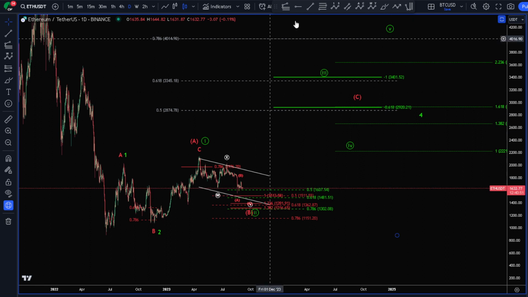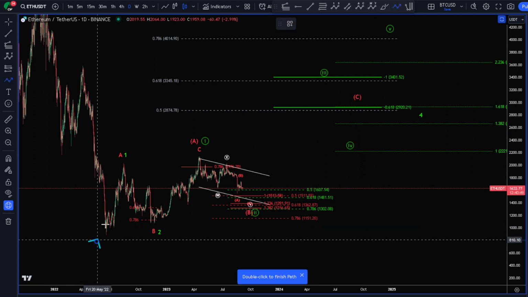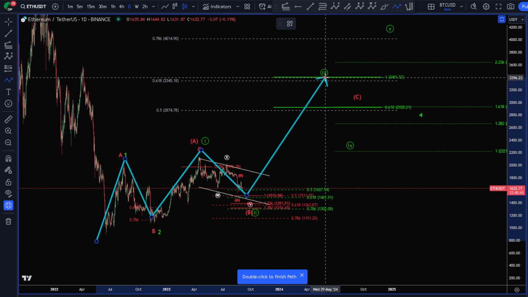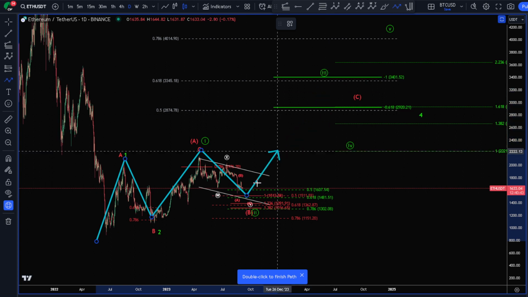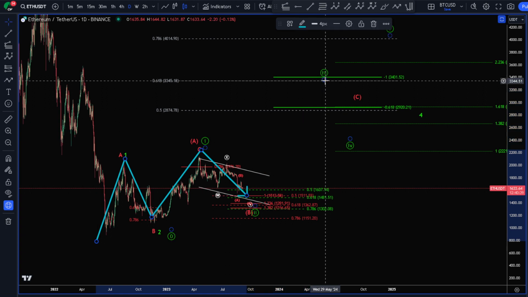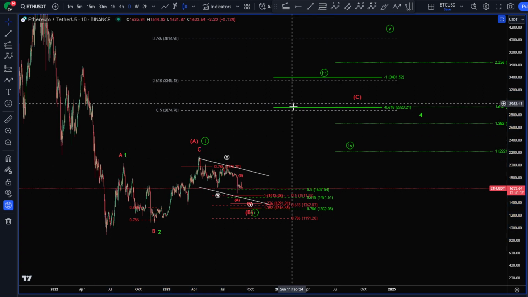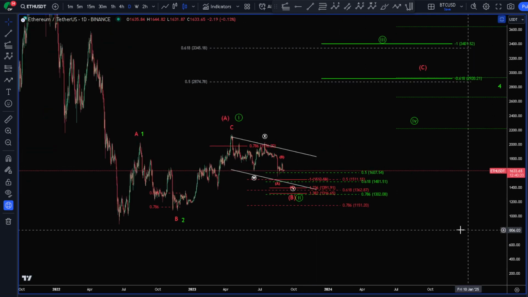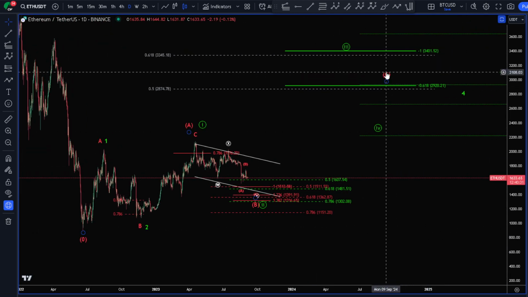into next year. And that option is if we have a 1-2-1-2 about to launch for our third of the third once this proposed 2 is finished with some pretty high targets to the upside. I'll go over those targets in a second, but that is not currently my primary account. My primary account has this as an ABC